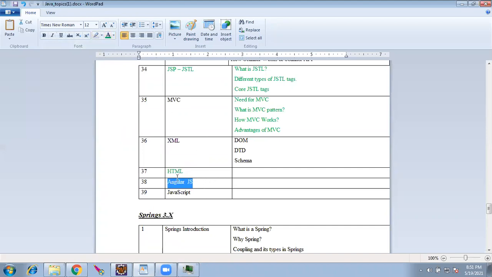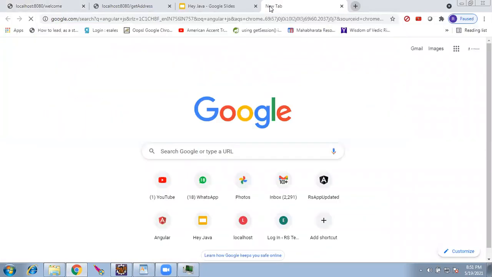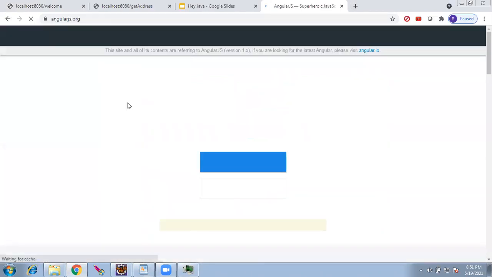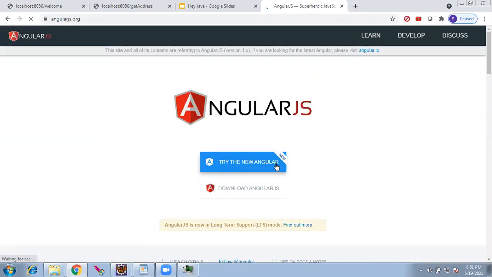AngularJS, no. AngularJS is going out. There is no need, because AngularJS is dead now. See, they are redirecting to Angular. Try the new Angular.